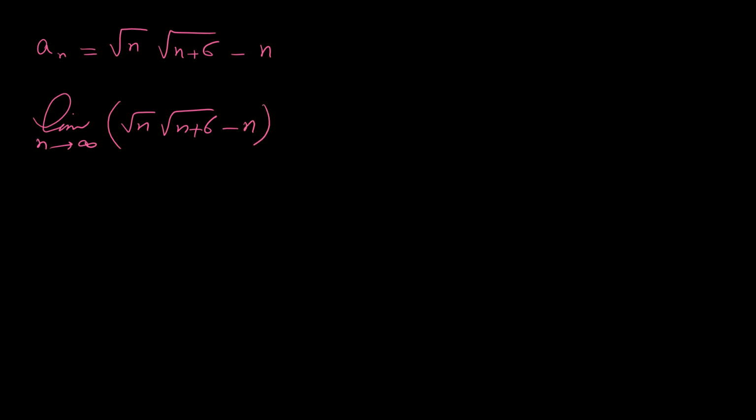Before doing anything, first I prefer to combine these two radicals and write them as a single radical. So basically we can write this in the form of limit as n approaches infinity, radical n to the 2 plus 6n. If you multiply n by n, we have n to the 2, n times 6 is 6n, minus n. This limit, as you can see, is infinity minus infinity. And when we have infinity minus infinity, this is an indeterminate form,